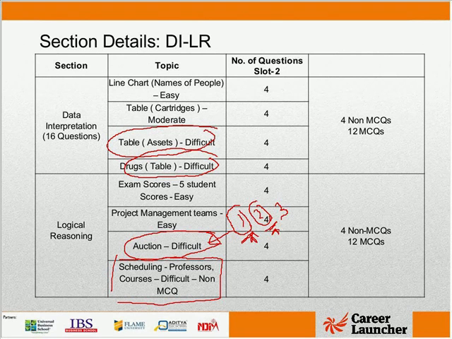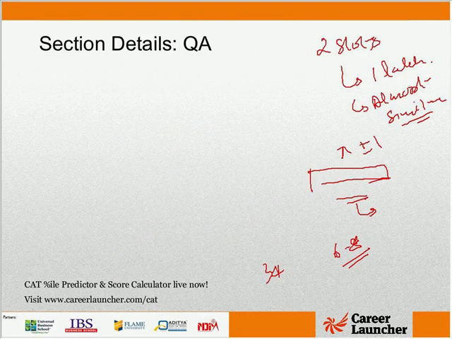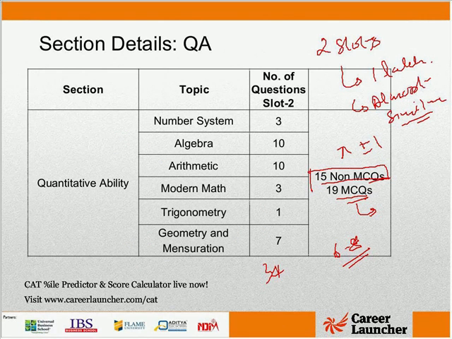Let's look at the last section, which is the quant section. Here, one thing you realize is that quant overall was quite an easy section. However, if we compare it to 2014, it was not as simple as it was last year. Last year you could say there were no questions from level 3. This year I would say there were about 6 to 8 questions tending towards level 3, more difficult than level 2, but perhaps a little easier than level 3.